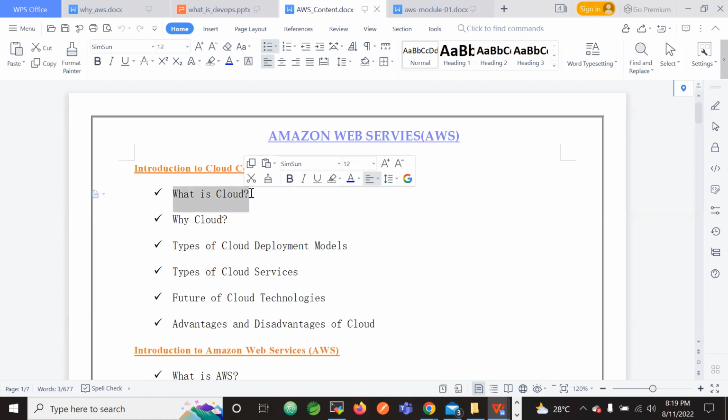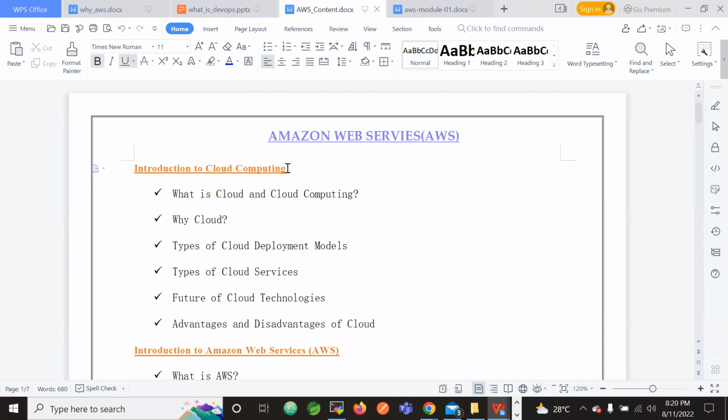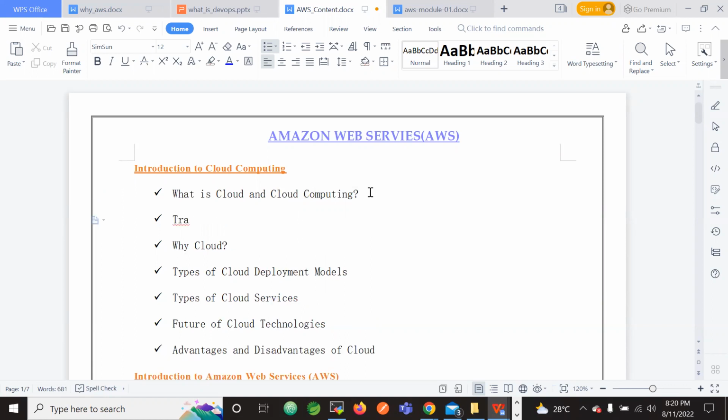So what is cloud? And what is cloud computing? That is what we will see in our introduction to cloud computing section. Then we will understand why we need to use the cloud. While understanding cloud computing, we will also see traditional infrastructure. That means way back in 2010, 2015, 2016, or maybe 2009, 2012, on or before